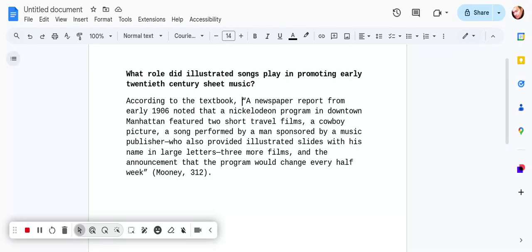Now, the most important step here is making an argument. What are you trying to say? What's your point? Evidence alone isn't enough. You need to interpret it and explain how it supports your point. So, for example, in response to the question, what role did illustrated songs play in promoting early 20th century sheet music? Here's the argument that you might make in relation to this evidence that you found. You might say,